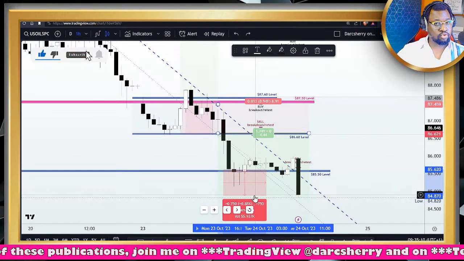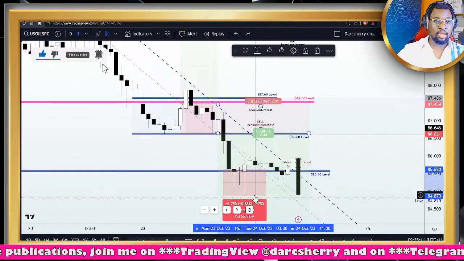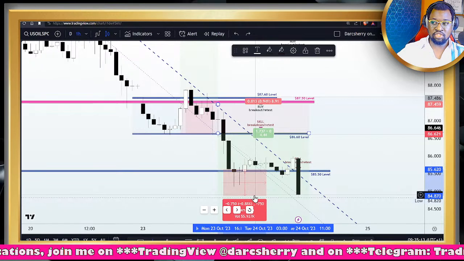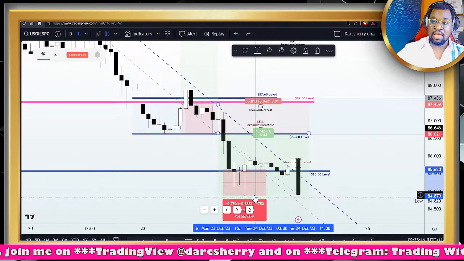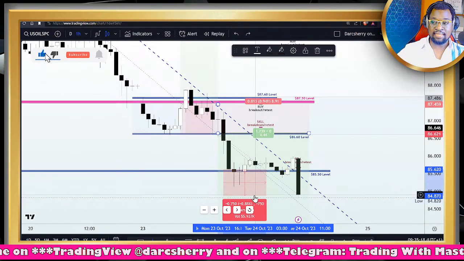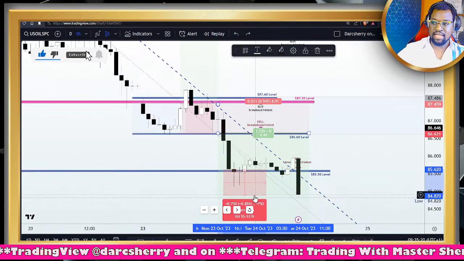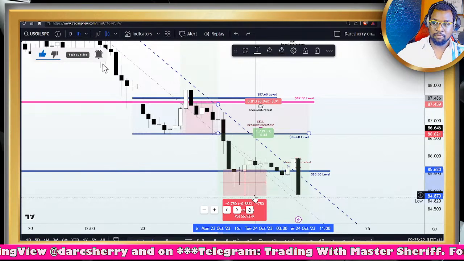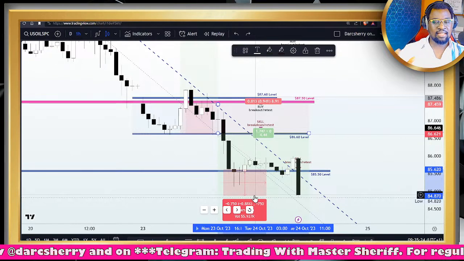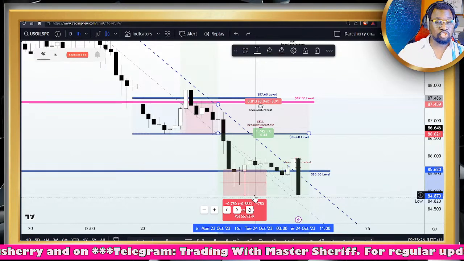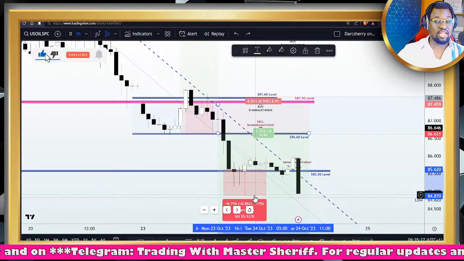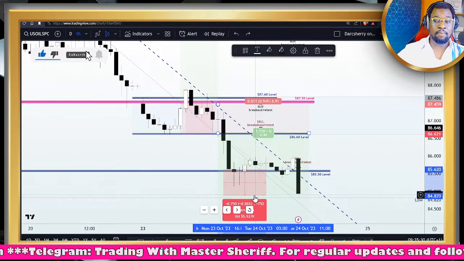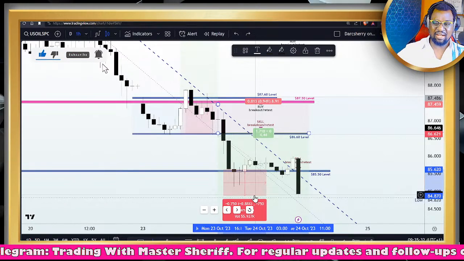Actually, we were able to recoup the loss we incurred from the buy position yesterday, which is a very, very good start to recover from whatever situation we were at the beginning of the week. So the next thing we want to be doing right now, of course, you know what we do next, is to secure the current sell position by moving our stop losses accordingly.